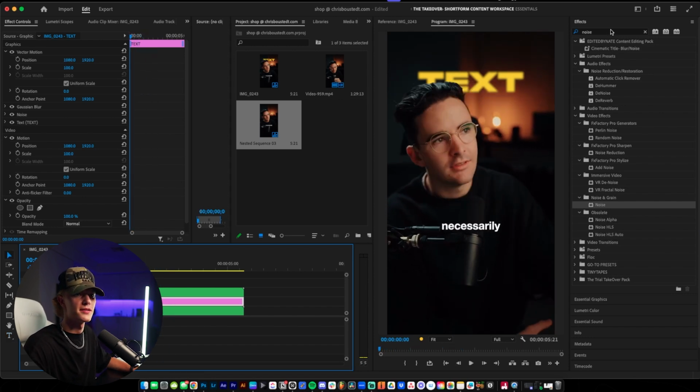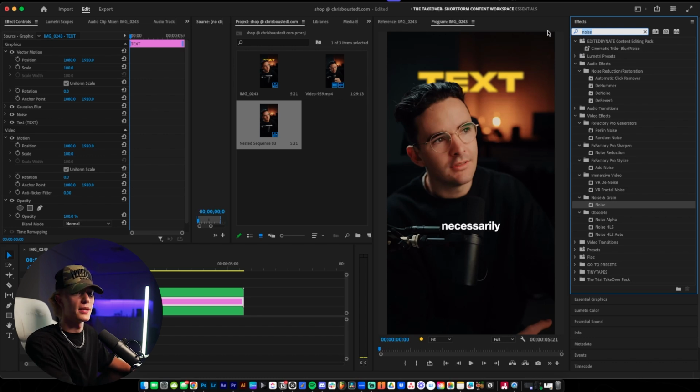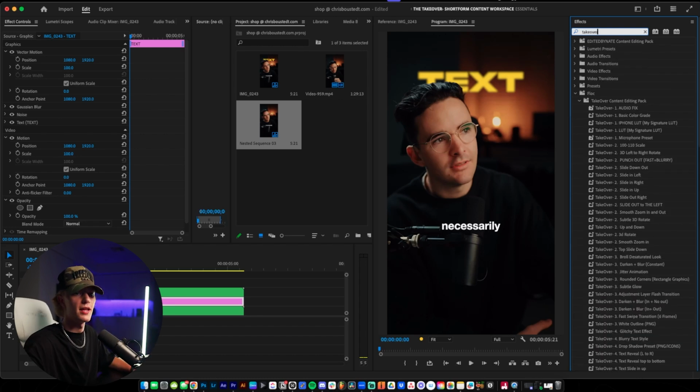Another thing that you can do to sauce it up is add some animations, like animate it in. You can add some shake. The way that I'm gonna do that is go to my Takeover preset pack,